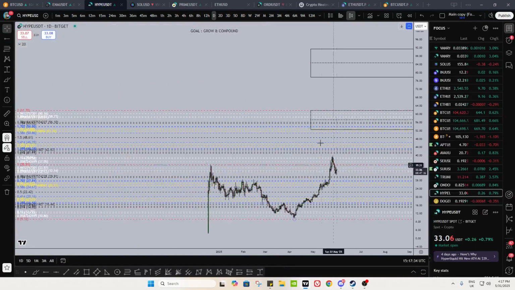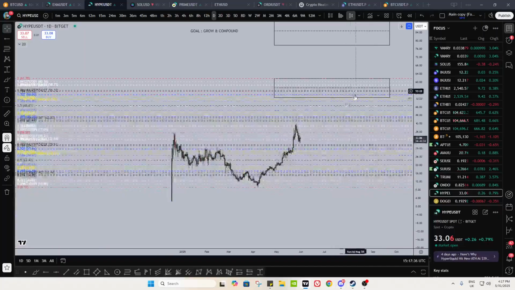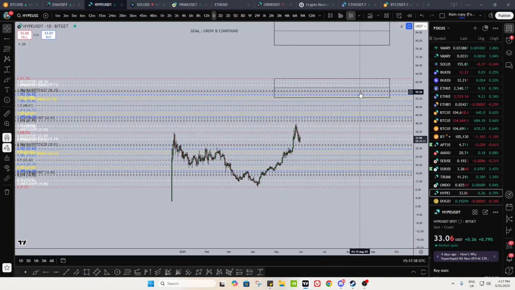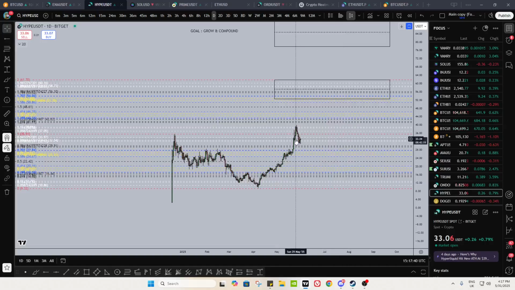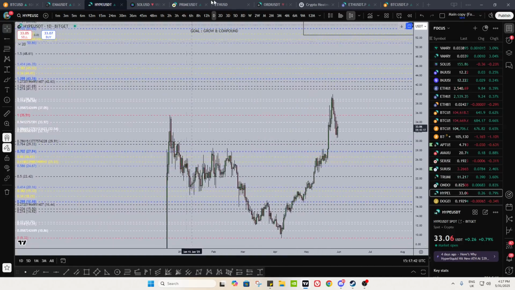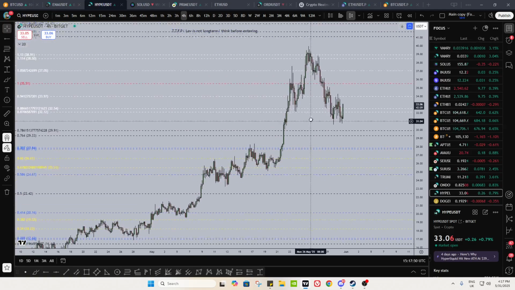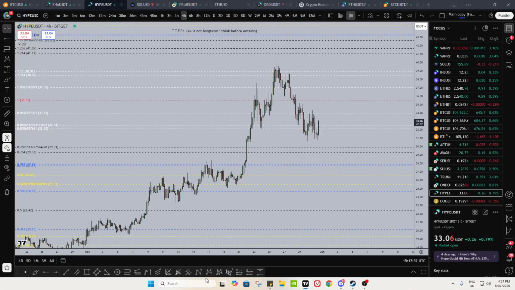So Hype, higher targets still. We can definitely go up here for the absolutely bullish scenario. I'm not even going to try to give entries on Hype right now. I'm not interested. You guys should be in by $9. If not, you missed the boat. There's going to be better opportunities, right? So there's no point looking at Hype right now. If you really wanted, I suppose I could give you one. Hang on then.